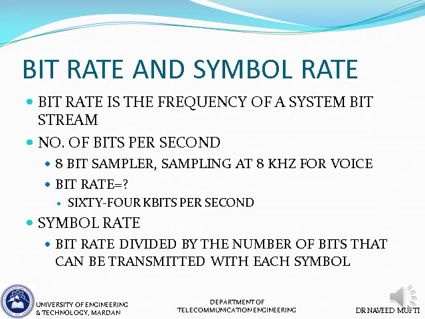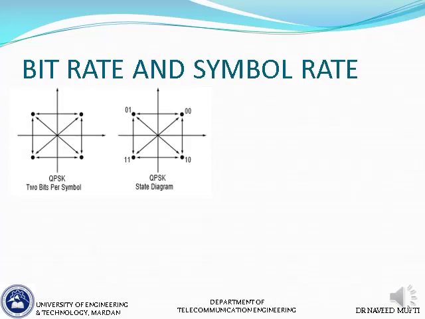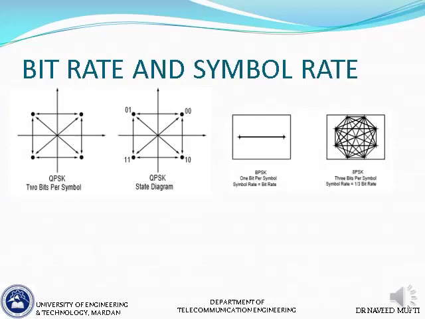अगर हम बिट रेट को उससे डिवाइड कर दें, उस तादाद से, द नंबर ऑफ बिट्स रिप्रेजेंटेड बाय अ सिंबल, ट्रांसमिटेड बाय अ सिंबल, तो वो हमें सिंबल रेट मिल जाएगा। उसको हम बॉड रेट भी कहते हैं, सिंबल रेट को बॉड रेट भी कहते हैं। ओके, नाउ वी कम ओवर टू द डिस्कशन अबाउट बिट रेट एंड सिंबल रेट। ठीक है, बिट रेट और सिंबल रेट में थोड़ा सा फ़र्क है, उसकी एग्जांपल के लिए हम आए हैं इधर।